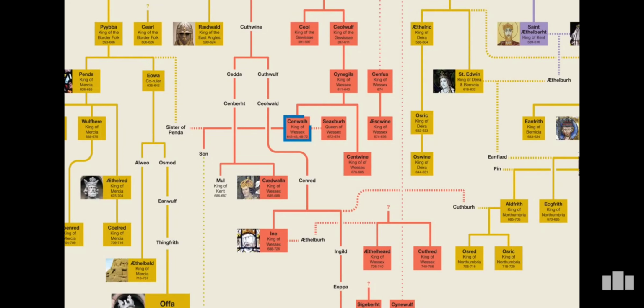However, early on in the reign of Cenwalh, Wessex came under the direct control of Penda of Mercia for a few years. This is why you can see a gap in his regnal dates. Also, some sources indicate that, after his death, his wife Seaxburh reigned for about a year. If this was the case, it would be quite notable, as Seaxburh would be the only queen to rule in her own right during the entire Anglo-Saxon period.